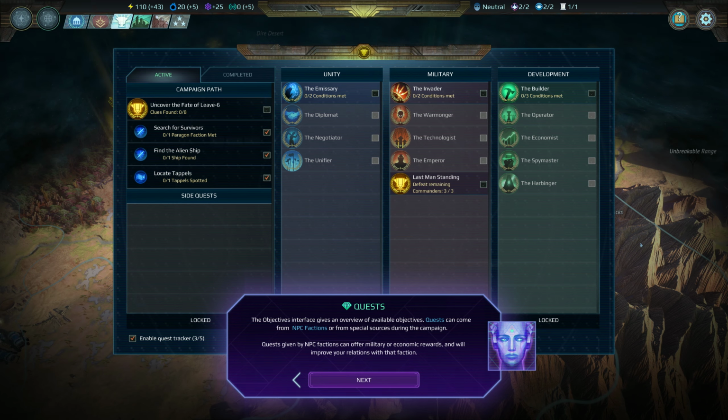The Objectives interface gives an overview of available objectives. Quests can come from NPC factions or from special sources during the campaign. Quests given by NPC factions can offer military or economic rewards and will improve your...